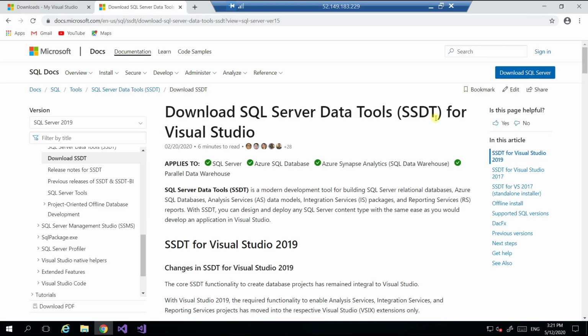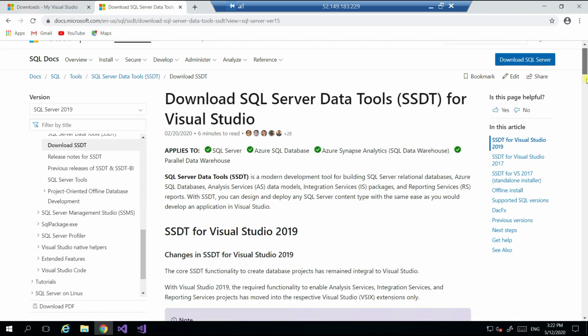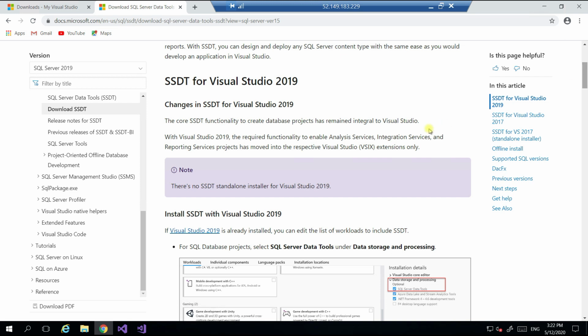So now the existing version, 2019. After 2017, if you are installing Visual Studio 2019, we don't need to download a standalone installation for this specific setup; from 2019 it is not required. I think three months back I installed 2019 in my organization, and there they didn't have any separate setup for SSDT. So in 2019, we have some VSIX files, the VSIX file extension.